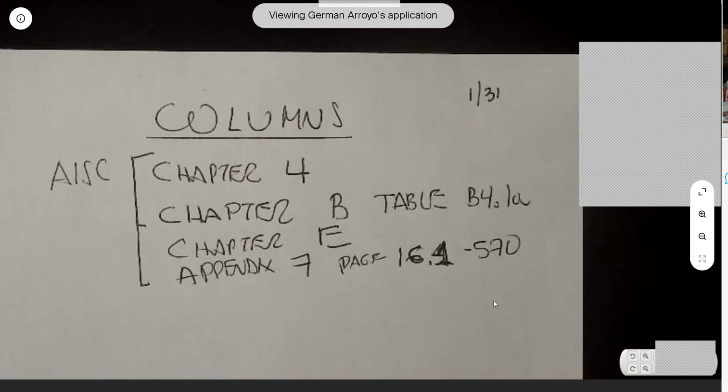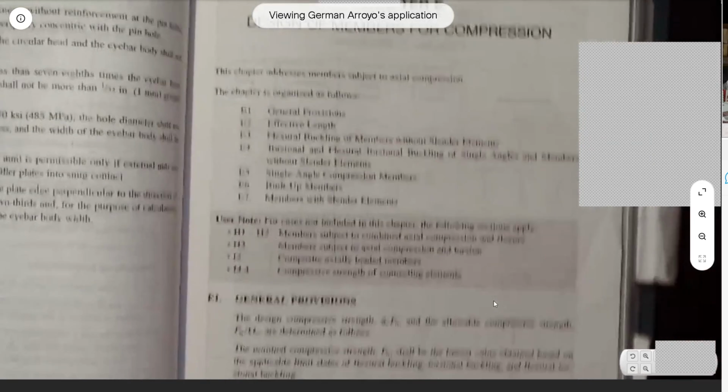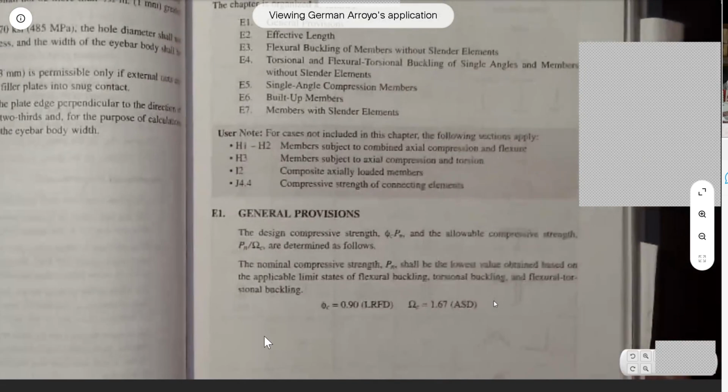And first, I want to tell you that, chapter E, I want you to go to chapter E first. If you look at chapter E,